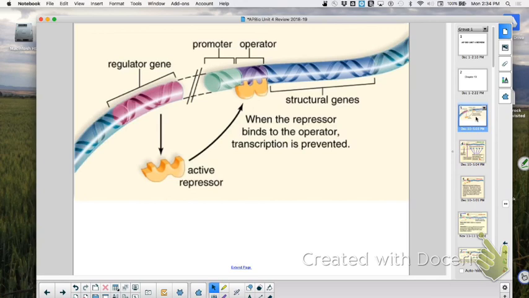Negative control is anything to do with repressor. Then we have two other words we need to think about: inducible and repressible operon. If it's inducible, am I currently transcribing those genes? No, but I can induce it. How can I induce something? If it's off for a reason, that means the repressor is on the operator, and so RNA polymerase can't get on the promoter. How can I get the repressor away? What could I do?